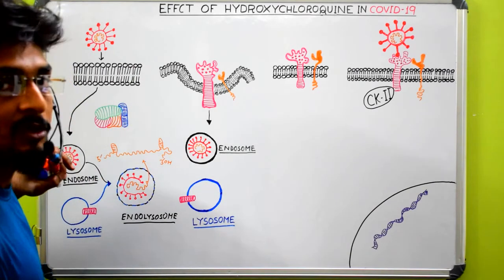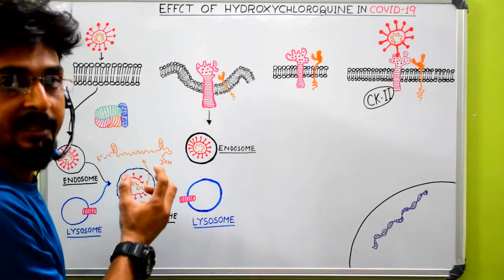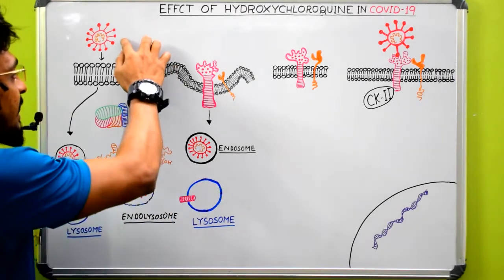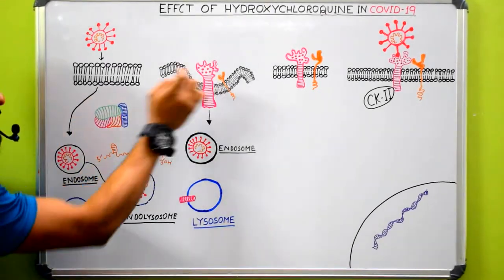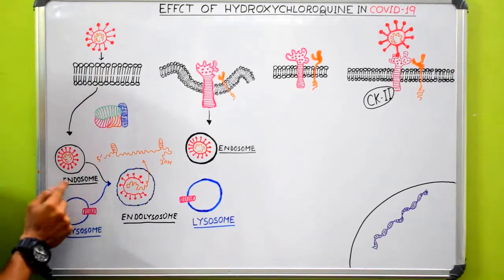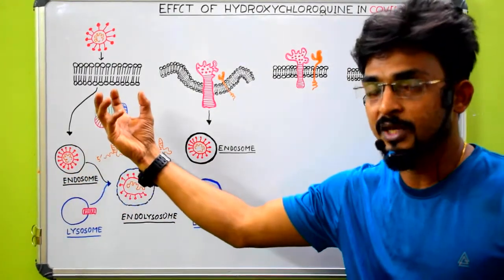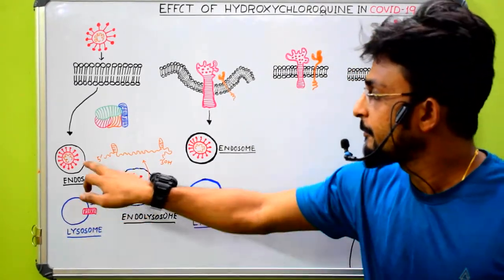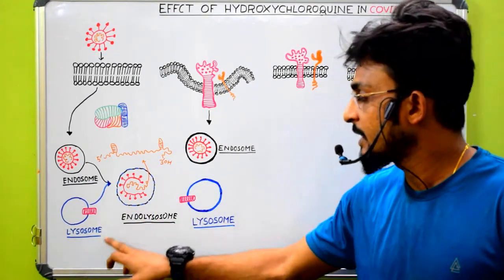So this is the first scenario of how hydroxychloroquine is preventing infection at different levels. This is the first level of effect of hydroxychloroquine. So this is the virus, and it has entered the cell by formation of this endosome through the ACE2 receptor, though it is not represented over here, but it is already there. Inside this endosome the virus is present, and once the endosome has entered the cytosolic region, the lysosome will fuse with this endosome to form the endolysosome, right? And what is the function of this lysosome over here?